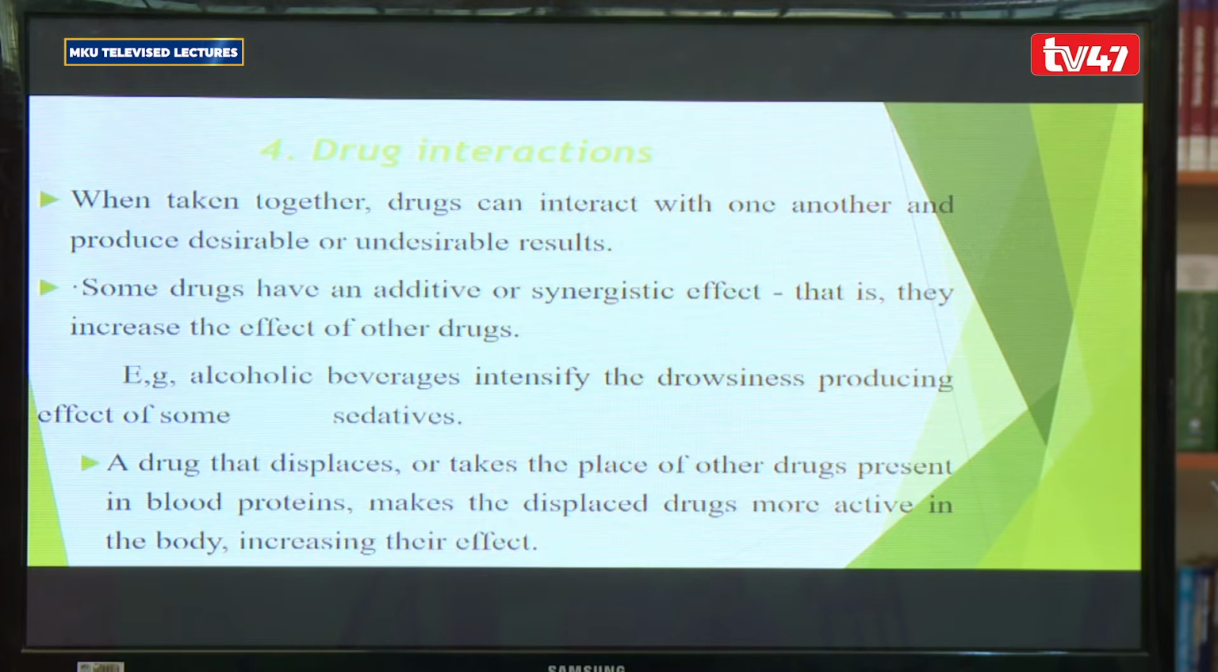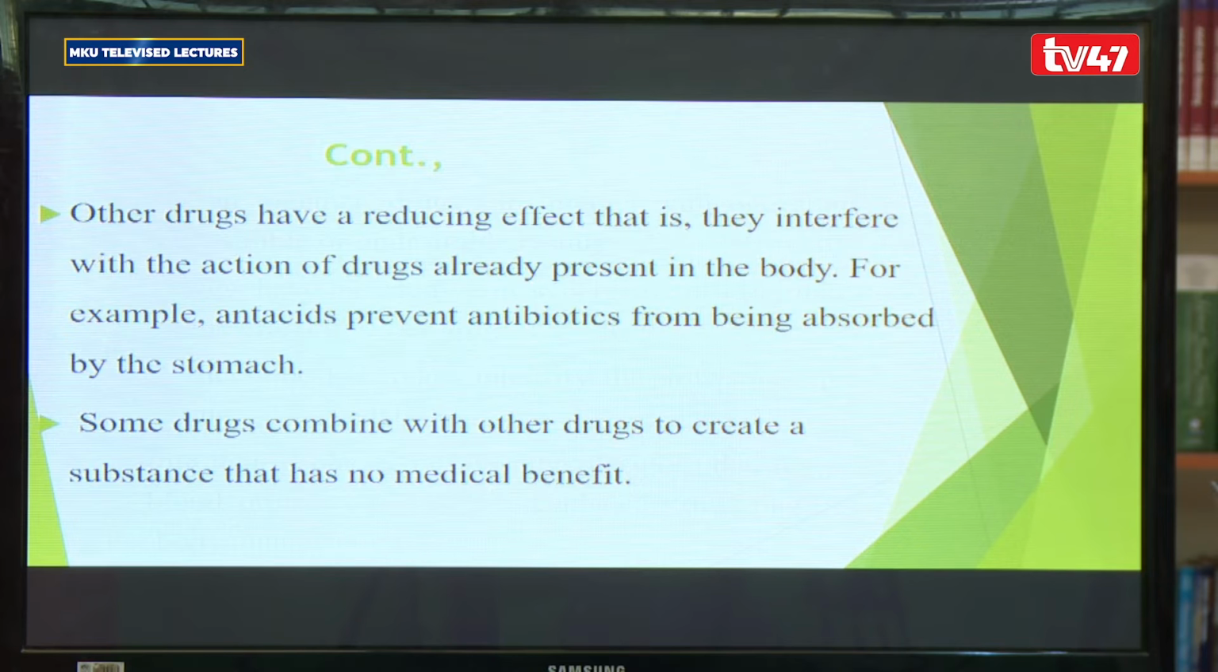Some drugs can also be displaced. When you take one drug, it can displace the other drug, making it maybe more effective, or it could be less effective. So you have to consider the interaction of drugs. When one is given another drug, they should know which drug acts against the other drug, either positively or negatively. Other drugs have a reducing effect, that is, they interfere with the action of drugs already present in the